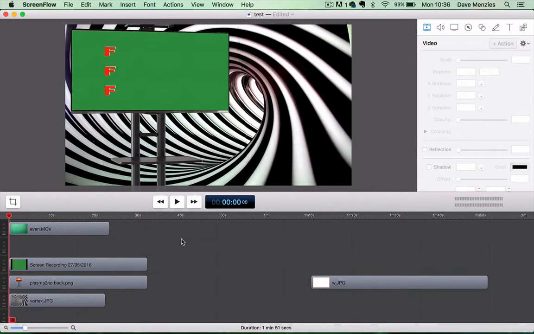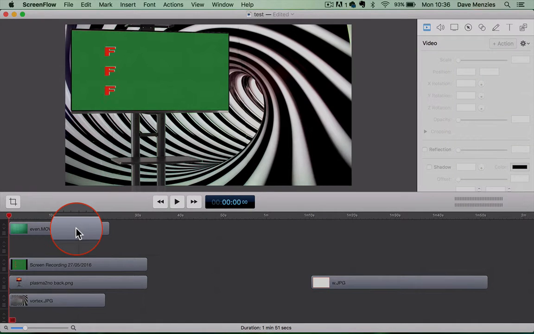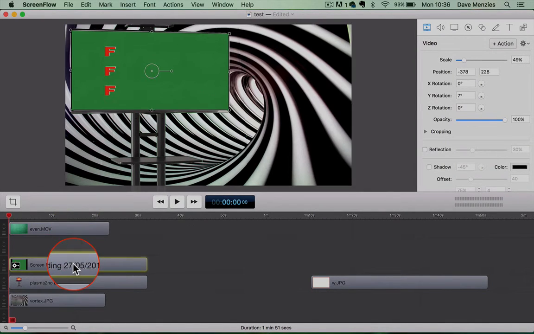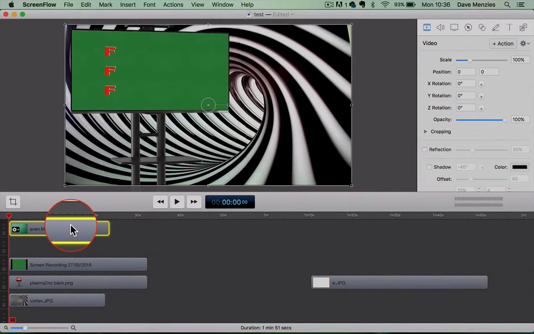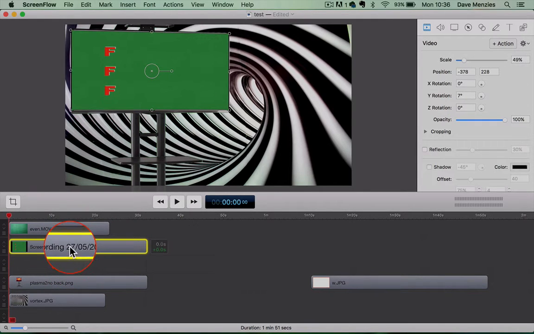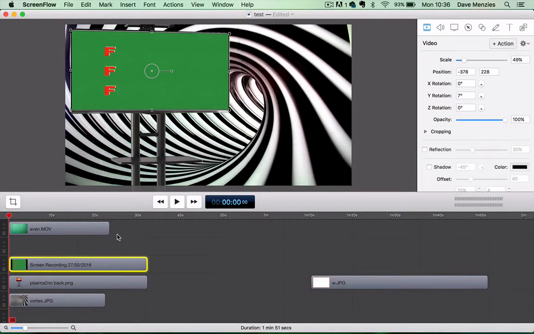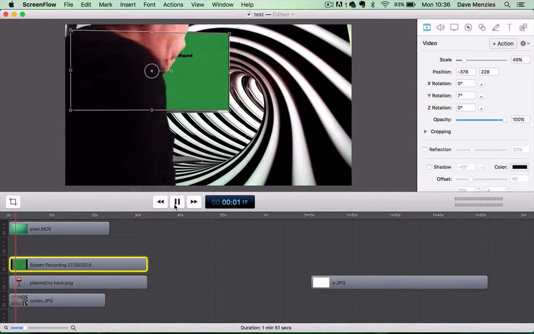So I hope you find that useful. The key really to this tutorial is to bear in mind the order that things are stacked in, and you can just move things around. If they're in the wrong order, you can just move these around until you've got things the way you want them. But for this case, you want me, I'll just play again, and you see me walking into the picture